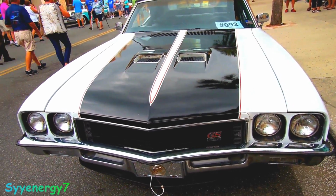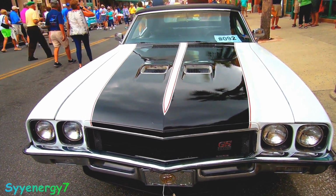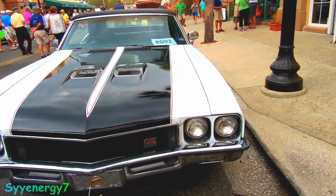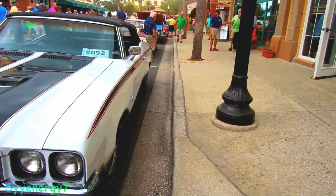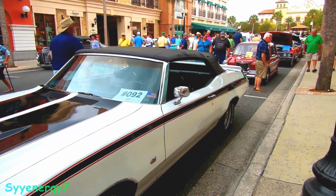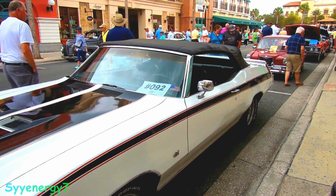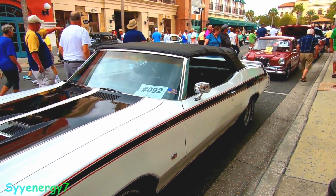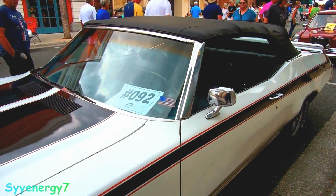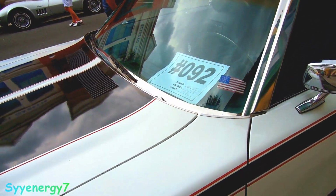Here we have a 1972 Buick GS with a 455. And back in the day, in the muscle car era, you didn't see as many Buicks around because they would cost more money. This one is a convertible, so it's like a luxurious personal muscle car. I wouldn't call it a sports car, I call it a muscle car. So, GS 455,